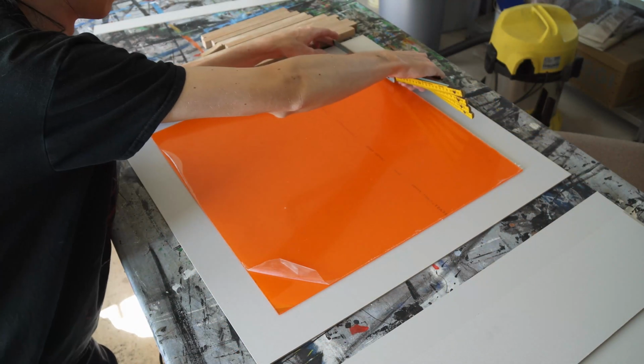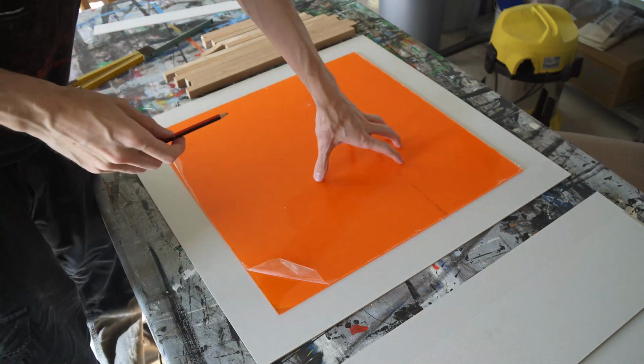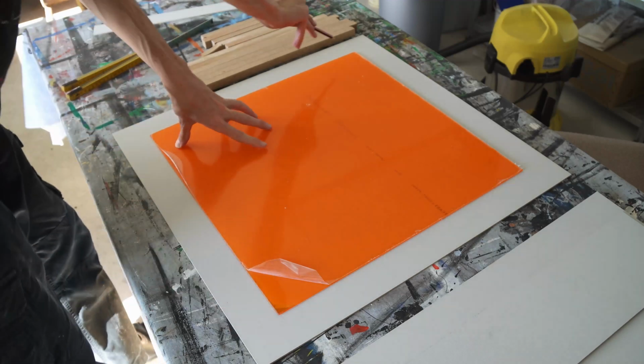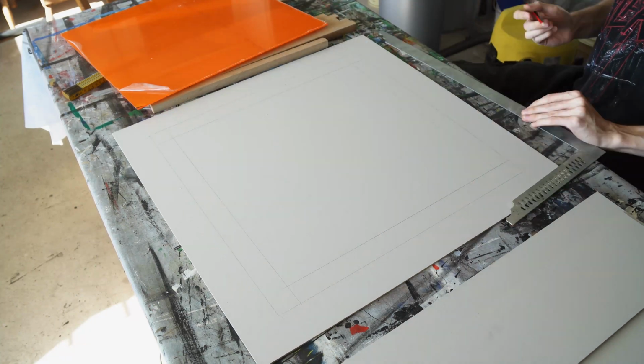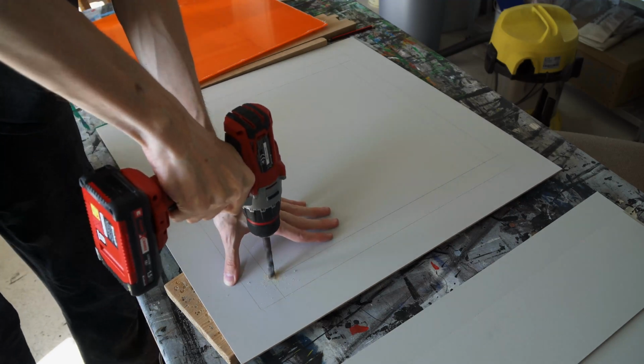But for me, it was not quite large enough, so I'm using my top here, and I just kind of placed this acrylic sheet on top, centered it to where I want it, then traced around it, and then used these lines to make an offset line slightly inside. You could also measure and calculate it, but sometimes just doing it the easy way is a lot more convenient